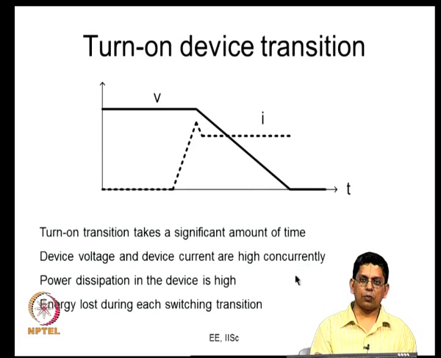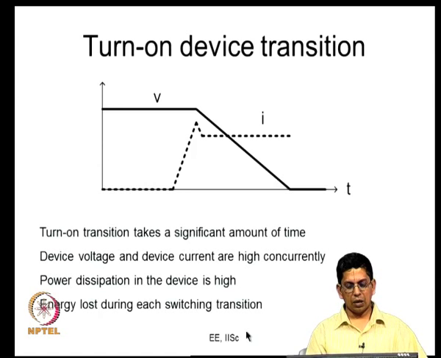In the last couple of lectures our focus was on this power dissipation and how much energy would be lost when you are doing such switching transitions. But now our focus is on looking at the transition time, and we are not worried in this lecture about the losses, we are going to be worried about the dead time. So, if this is your switching interval, your dead time has got to be much longer than this.